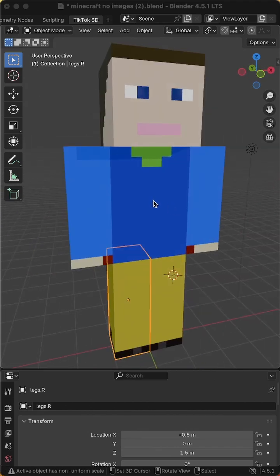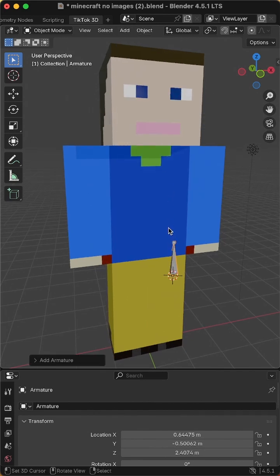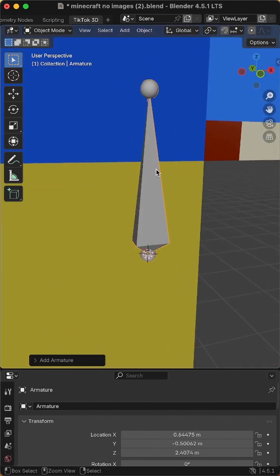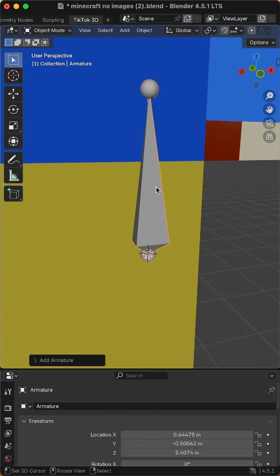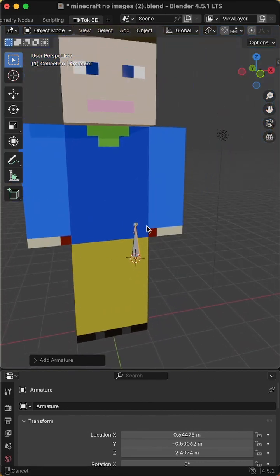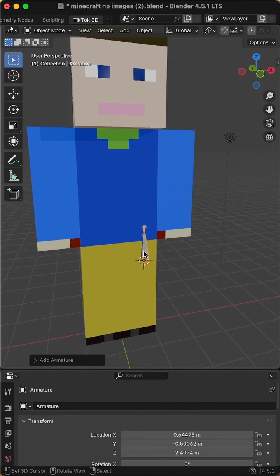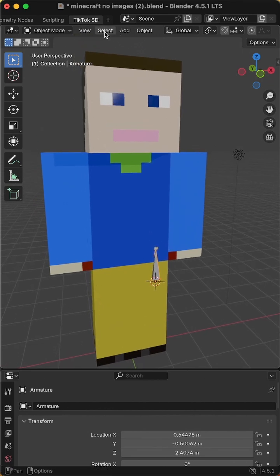So ordinarily, when we're doing this, we would ordinarily use an armature. That's this tiny little object. This is a bone, and it's also the armature. So as an object, it's an armature, and within the object is a bone. And normally, we would build a skeletal structure from this armature. But we don't need to do that because... let's just delete that, because